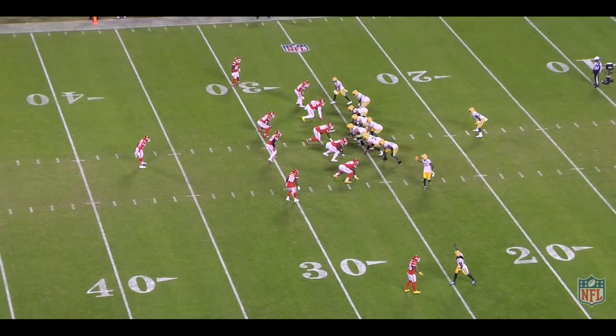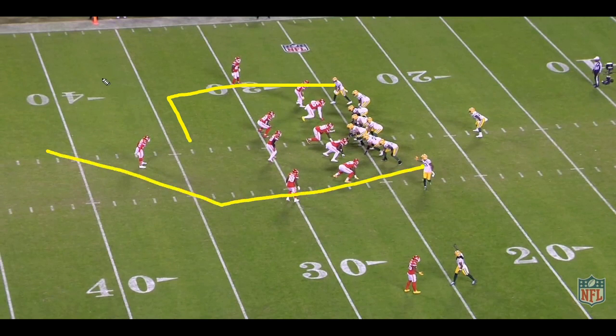Hey, today we're looking at a single play from Jordan Love's start over the Chiefs. This is a concept I've been talking about a lot because I like it, and it's an old concept. I kind of put it in the same family as the Mills concept, but it's the Portland concept. Basically what you're doing here is an in-cutter from one side, and a post or deep over from the other,